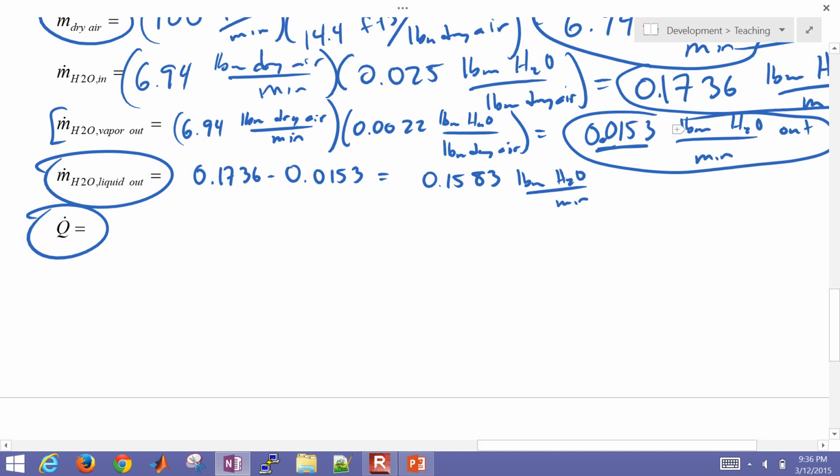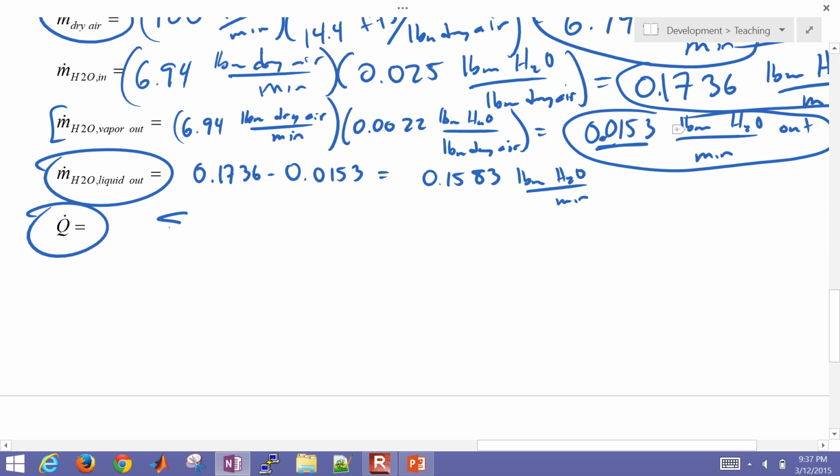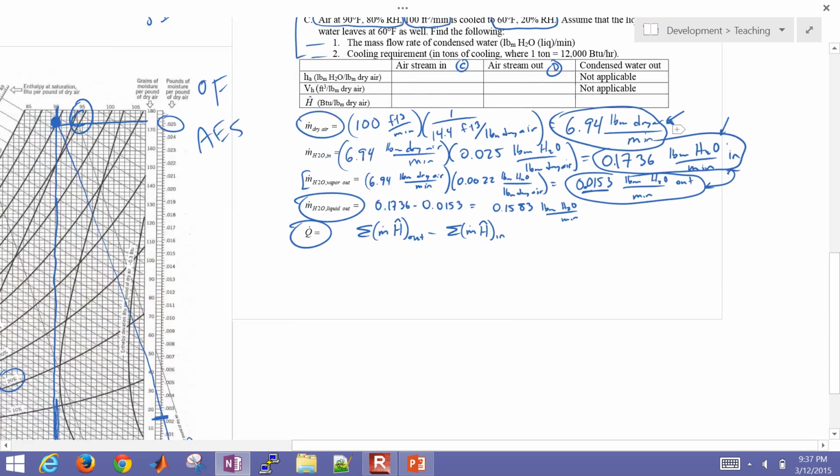So what we can do now is just sum up all our inputs with the specific enthalpy, inputs and outputs, and then just take the difference between those two. So we'll go out minus summation of everything that's coming in. Okay, so what is leaving are the liquid water, and then also the vapor. And so if we just go and get the enthalpies of those,